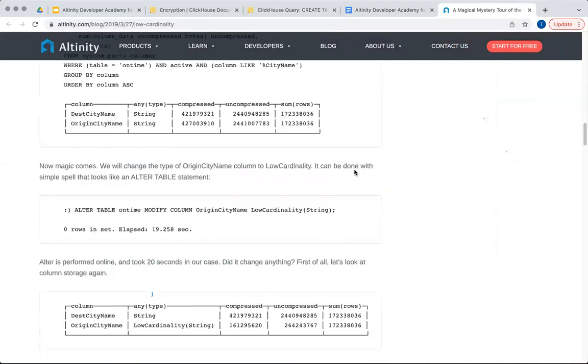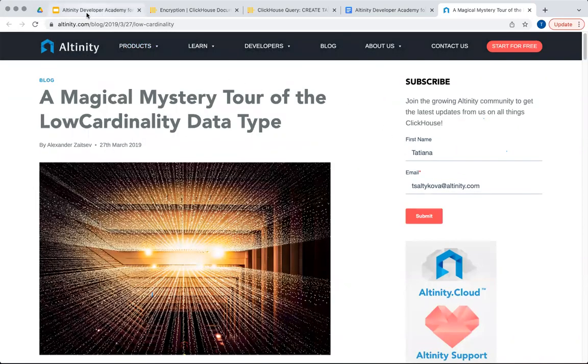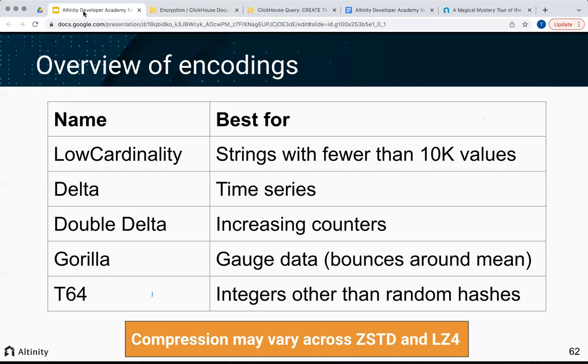I'm not sure, because we don't know for sure. But I know a very good example where I improved the storage size a lot using low cardinality: the user agent column. It can have very distinct values, but